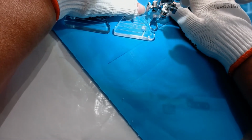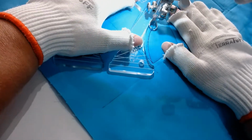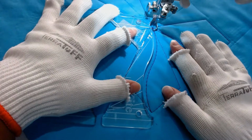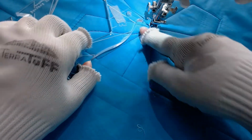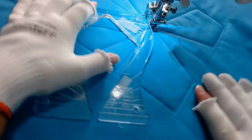And now I'm going to make sure I hold securely onto my ruler, and I can double back down that same line to my center, and it just looks like a heavier stitch line. So that's how that looks. And then you just keep doing the exact same thing, keeping this center in here again, and you're rotating again to the next one,